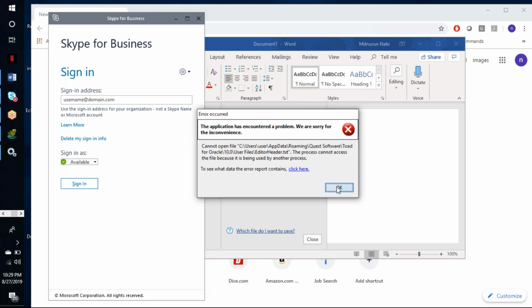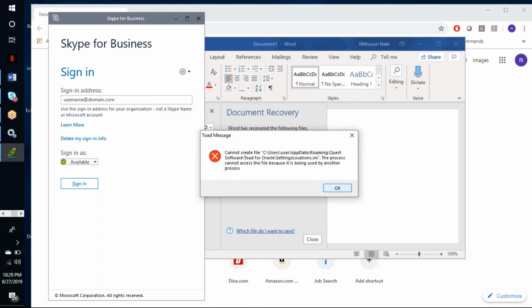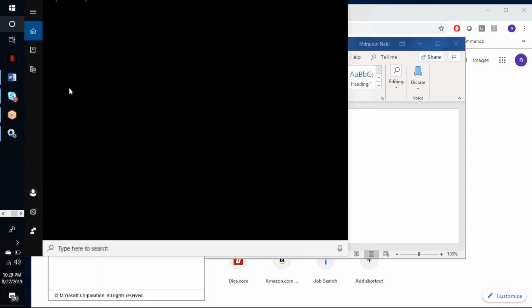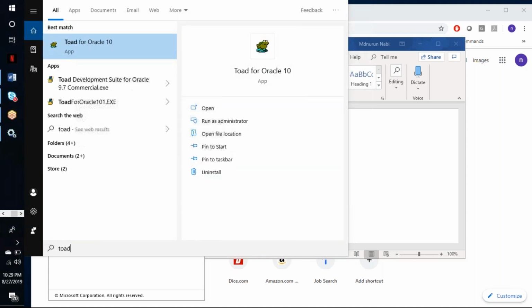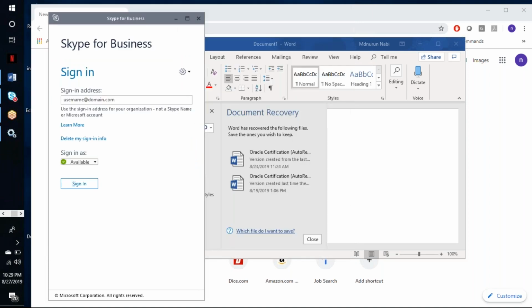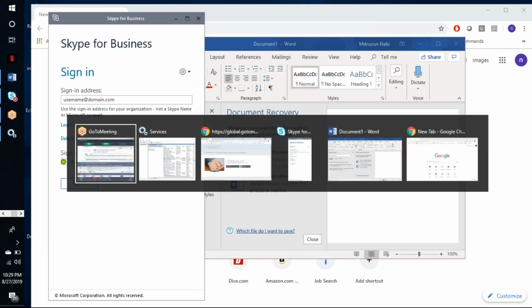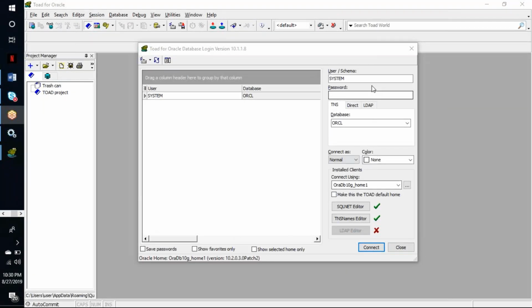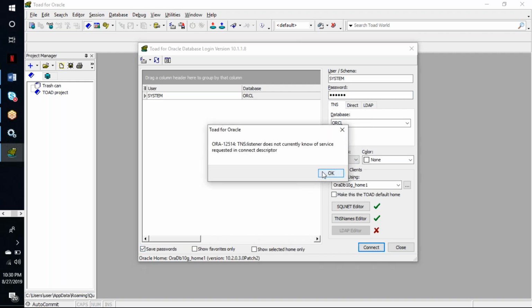Not related to the database, that is related to Toad. Still the same. Okay.